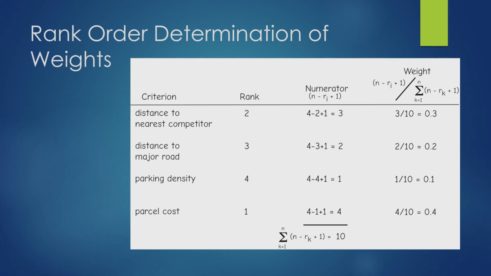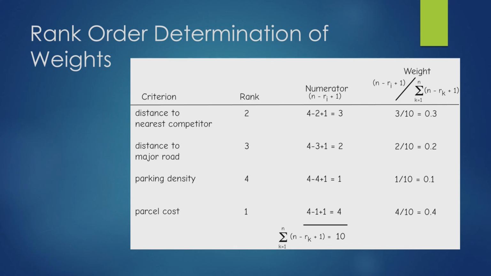So this is just the math involved in doing a rank order determination of weights. You decide parcel cost is the most important, parking density is the least important, and then second and third most important. In order to change a rank order into a numerator, you just basically reverse the numbers. This is very simple math, but the 1 now becomes the highest number, and 4 the lowest number gets the value of 1. And then you can weight everything using those numerator weights, divided by 10, and you get a number that will